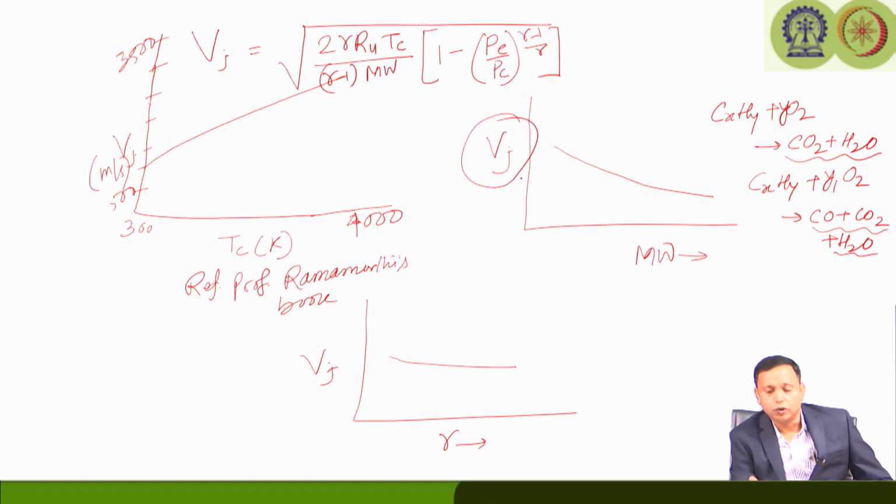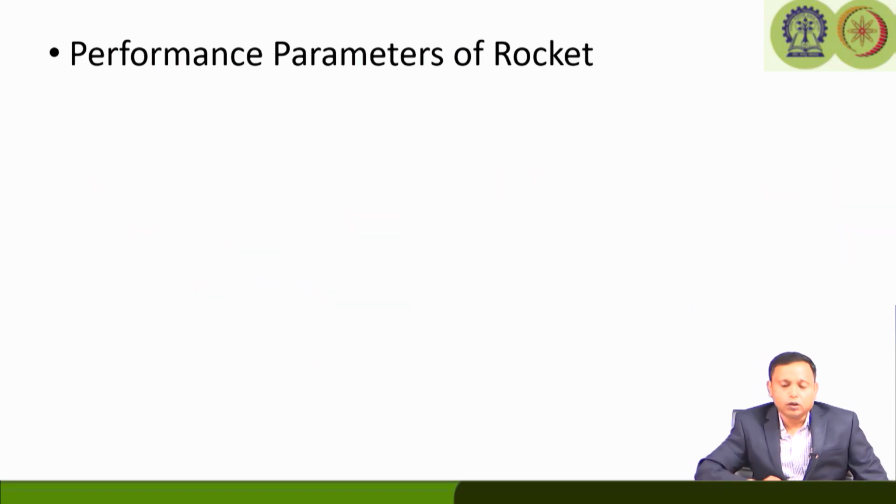Now, we will proceed further and try to understand various performance parameters of a rocket, which we probably already learned in the previous course. As I said earlier, the first module of this course will just give you a glimpse of what you have already learned from the basic course of rocket propulsion or aerospace propulsion, and we will just revise some of the stuff to set the floor. So, once we talk about the performance parameters, we will first talk about the very important parameter, which is thrust.